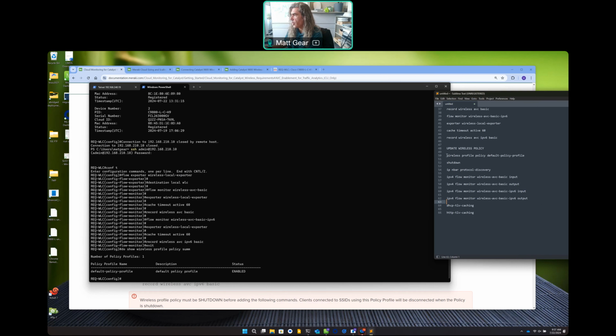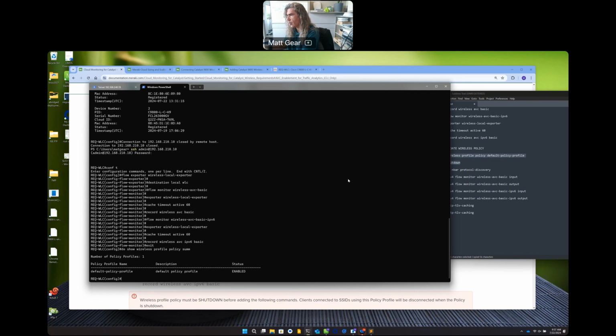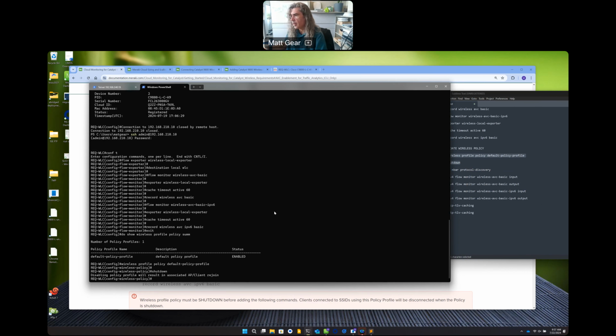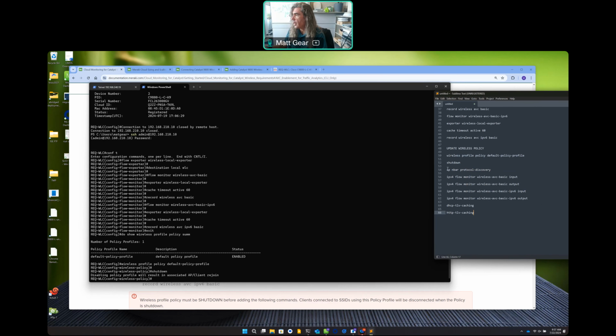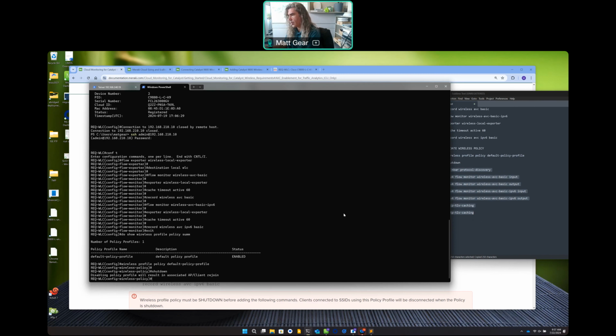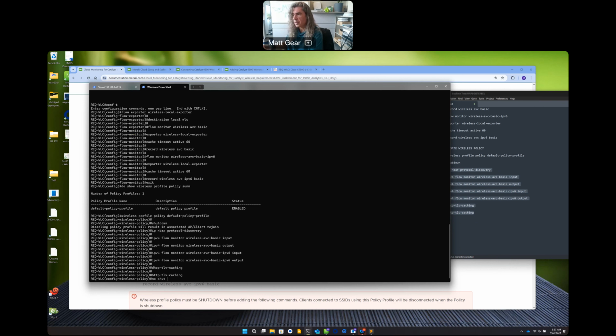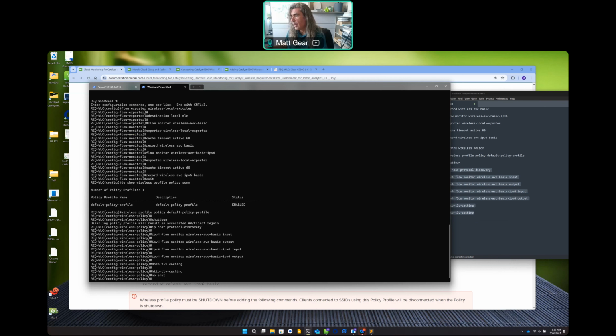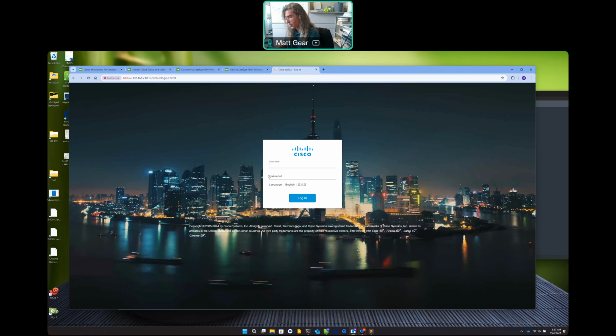All right, so let me grab this. I'm going to shut it down, and you can see here that disabling the policy will result in an associated AP client rejoin. Now I'm going to add my associations here, and then I'm just going to type in no shut. That brings the policy back up. So now if I look at my WLC,